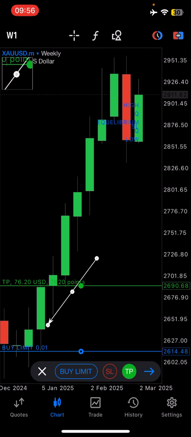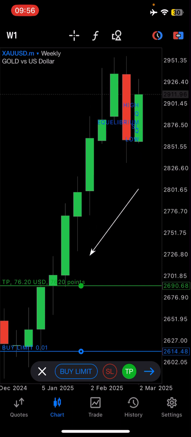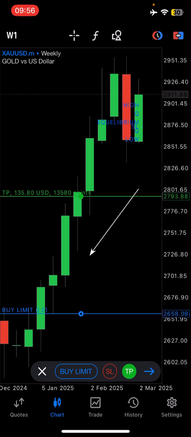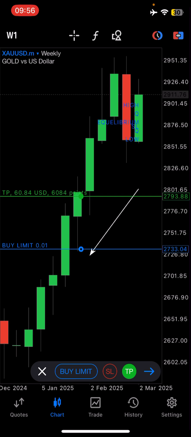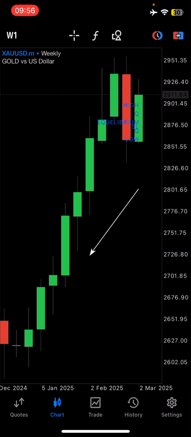Unfortunately, when I'm saying it like this, it looks easy, but it's not as easy as it seems to be. So you just buy and then put your stop loss right there, and then you hold for the whole move if you are patient. You can also use this method on a lower time frame if you're impatient, but it's just that simple. You buy, put your stop loss, then as it is going higher, you move your stop loss higher and higher and higher, and you make your money. You get out and go and spend it on whatever you want. That's my trading philosophy.